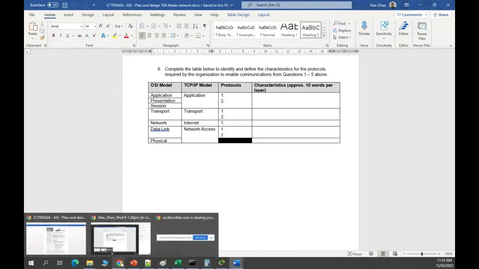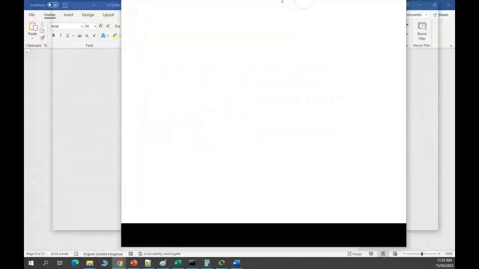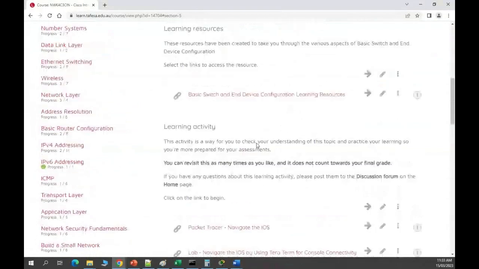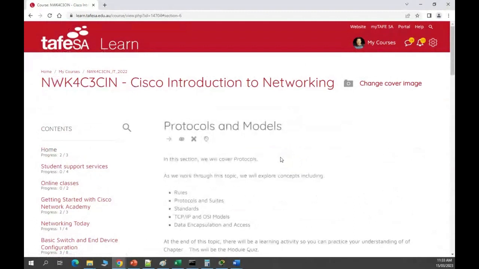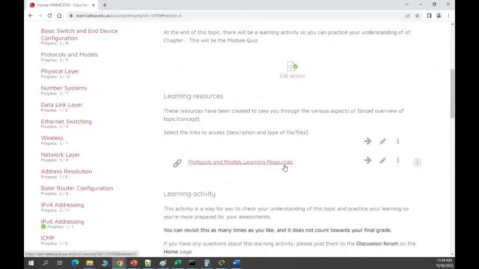So just as a quick tip, if we actually go to some of our previous topics, if we go to the protocols and models, remember the OSI model, the TCP/IP protocol. Yeah, we open up the PowerPoint. You notice that here, TCP and OSI models is exactly what we're talking about, isn't it? In that question, if we actually look at the learning resources, which is the PowerPoint or the chapter you're doing,